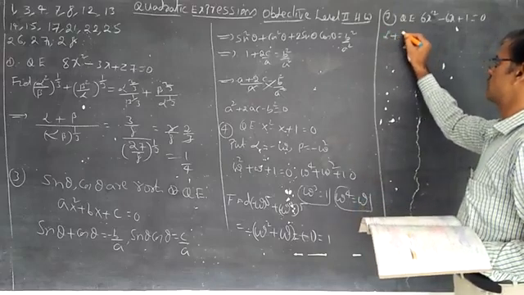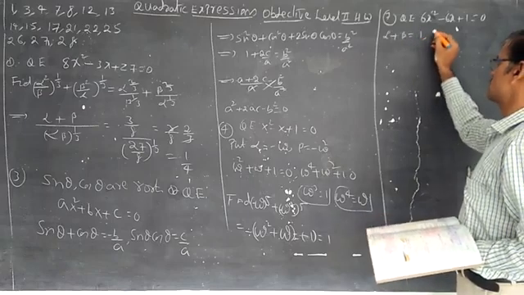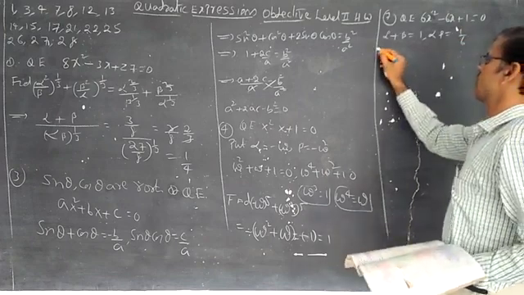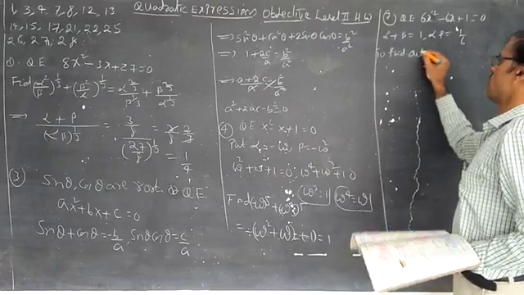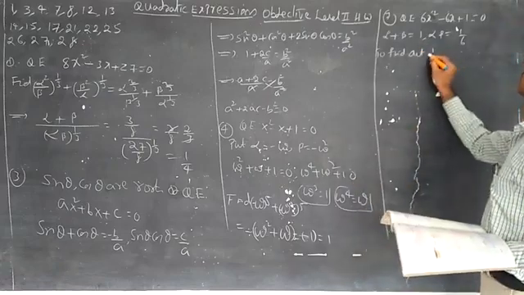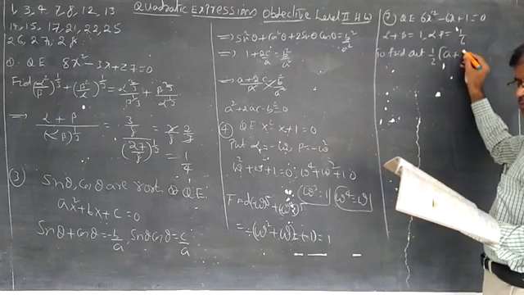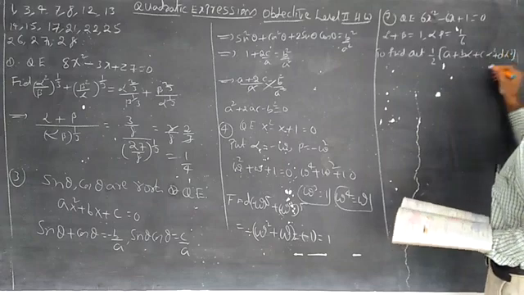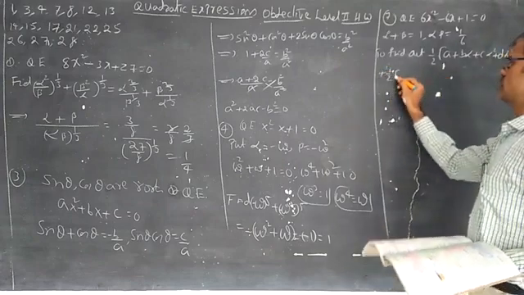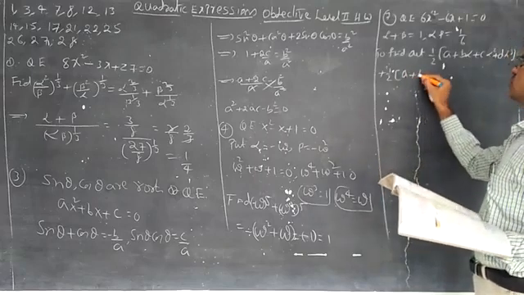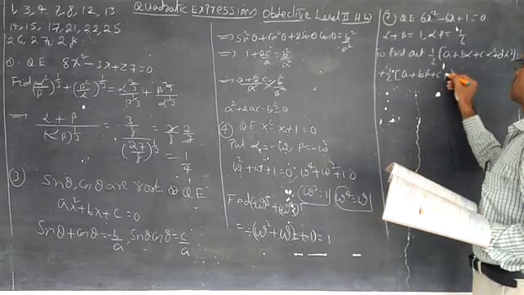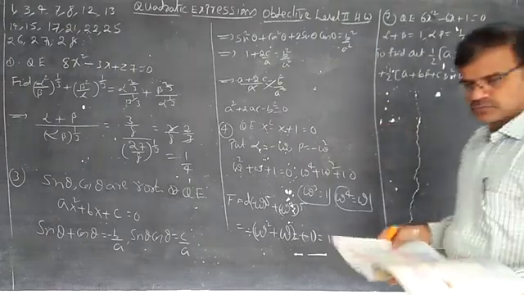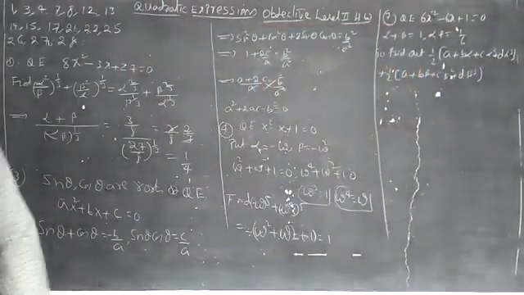Alpha plus beta I am writing here. Sum of roots is minus b by a, concept 1, and the product of roots alpha beta is c by a, concept 1 by 6. Now to find 1 by 2 into a plus b alpha plus c alpha square plus d alpha cube plus 1 by 2 into a plus b beta plus c beta square plus d beta cube, that is equal to 1 by 2 we can take common.